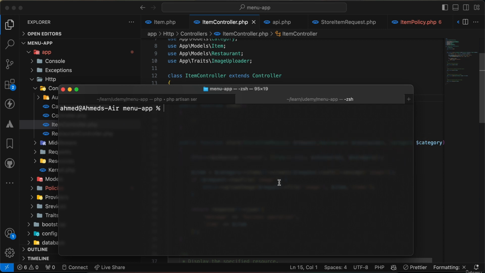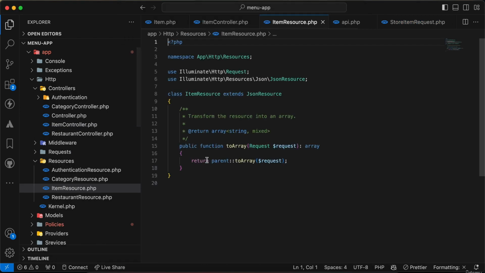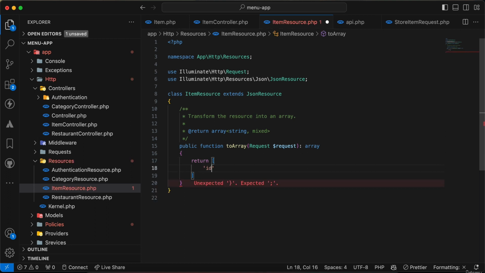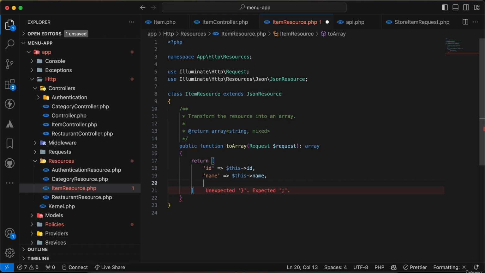I will say php artisan make:resource ItemResource, and here in ItemResource I will say return an array with ID, this ID, name, this name, and also for price and description, here price